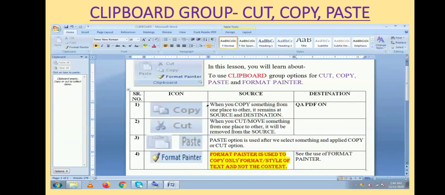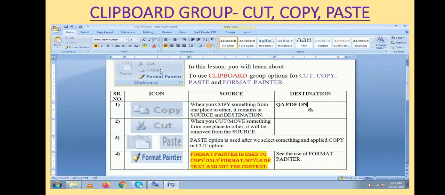Clipboard group options. As you can see, clipboard group options are cut, copy, paste, and format painter.